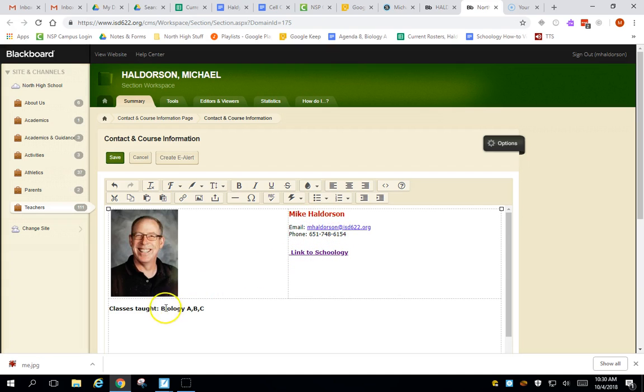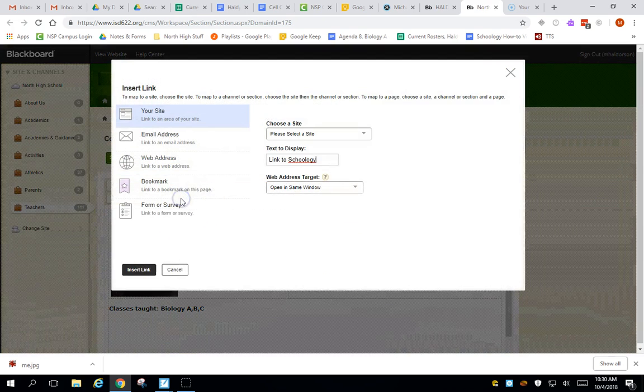Okay, now basically then what we need is your picture, your name, email address, phone number, a link to Schoology, and the classes you've taught. That's it. To add the link, I've already done it, but I would just type the text I want it to say. So I said link to Schoology, highlight that link, and then hit the insert link button,